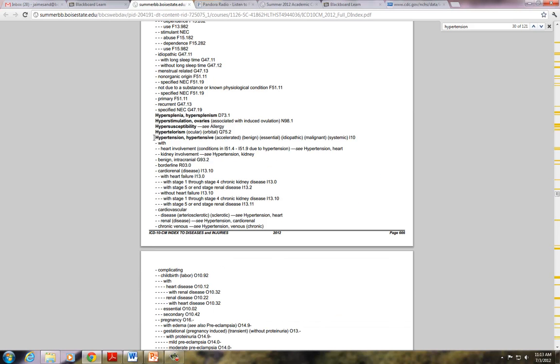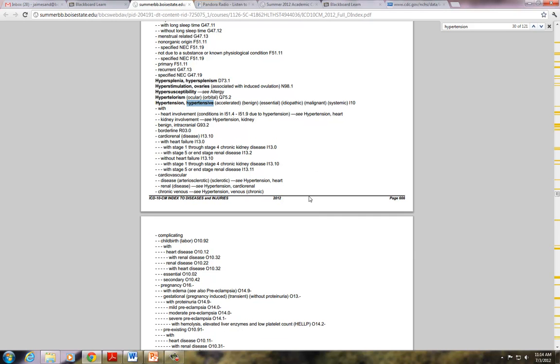So here's hypertension. Again, your main terms appear in bold, flush left. Hypertensive would get us through the same main term. And here we see all of our subterms. If I just had hypertension as my only word that I'm given, basically we just get this code right here,